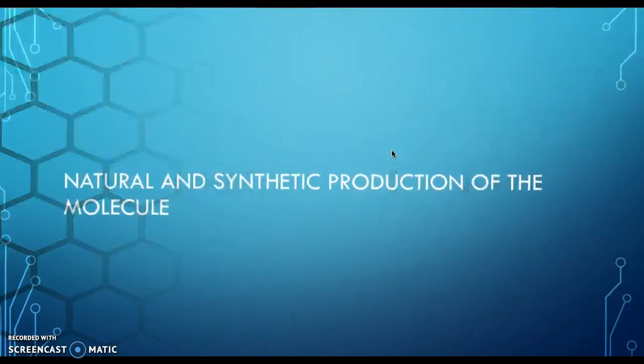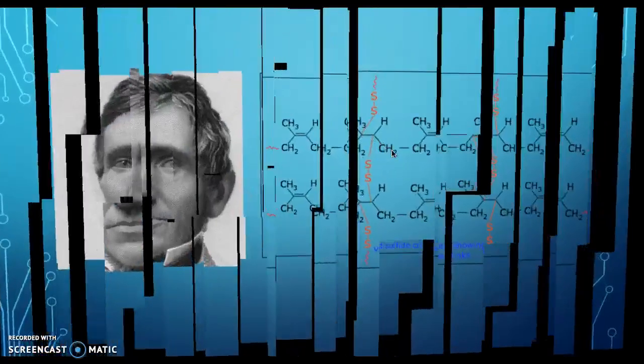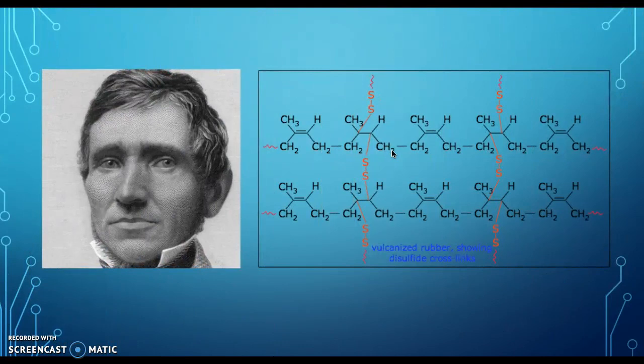Natural and synthetic production of the molecule. Rubber is naturally produced as a polymer of the isoprene molecule. Goodyear added sulfur and heat, known as vulcanization, to help make rubber more useful, which stops rubber from melting in the heat of the summer and becoming hard and brittle in the winter because it keeps the rubber molecules in